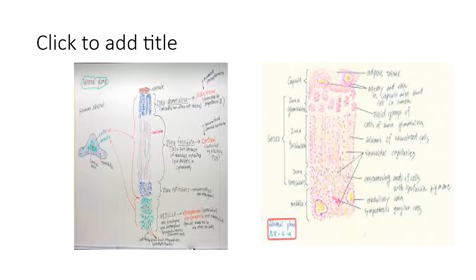Then coming over to the zona reticularis, you can see the anastomosing cords of cells with a few pigments, which are called lipofuscin pigments. Now coming over to the inner layer, it is the medulla, and you can see the medullary vein in it, sympathetic ganglia present in it, and the cells are smaller in size, polyhedral in shape, and take up a slightly bluish staining. So this completes the histological appearance of the adrenal gland. You will have to draw it like this.